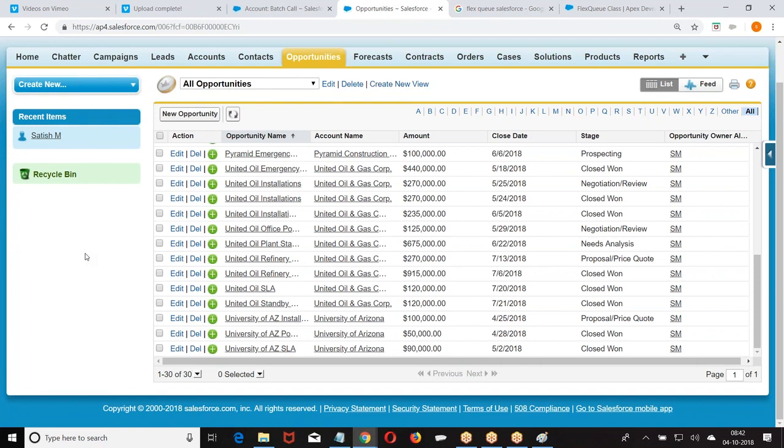You need to understand one point. Probably people might have mistaken. It is not the child job which is moved forward and backward. It is the job. When I say job, the entire batch job will be moved forward or backward, not the child jobs. When I say we can move forward or backward using the flex queue, it is not the child job. All the child jobs together are only one job.